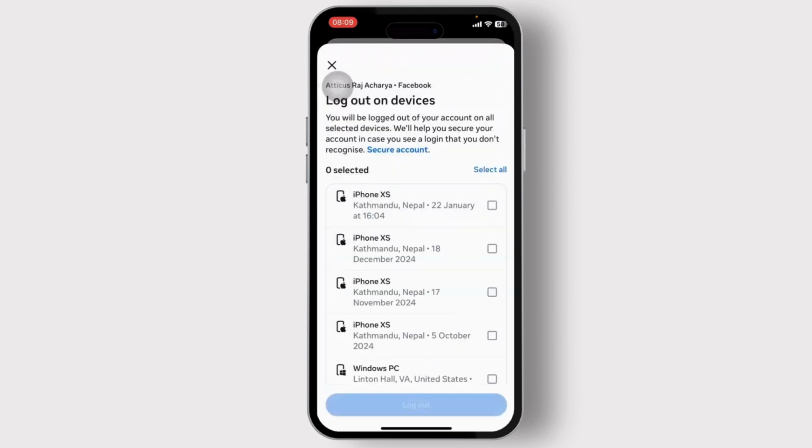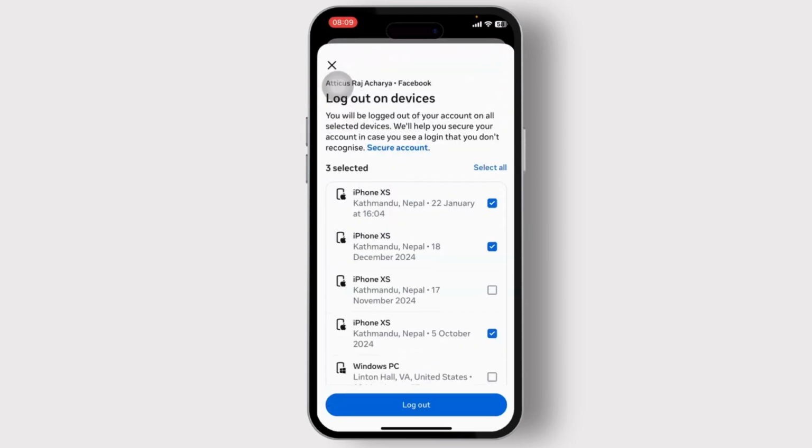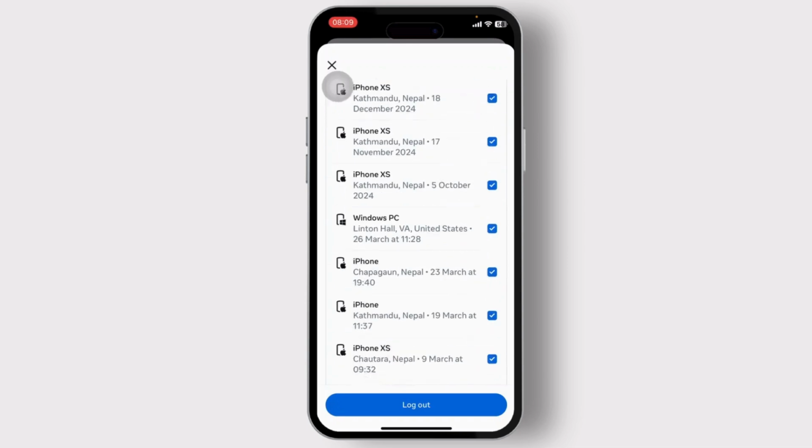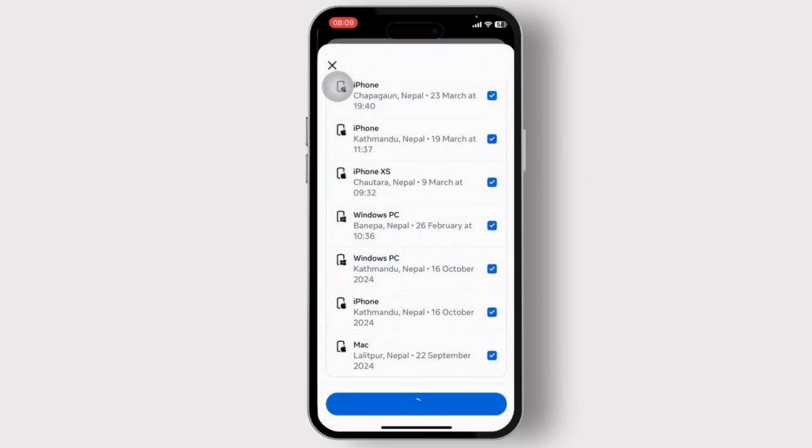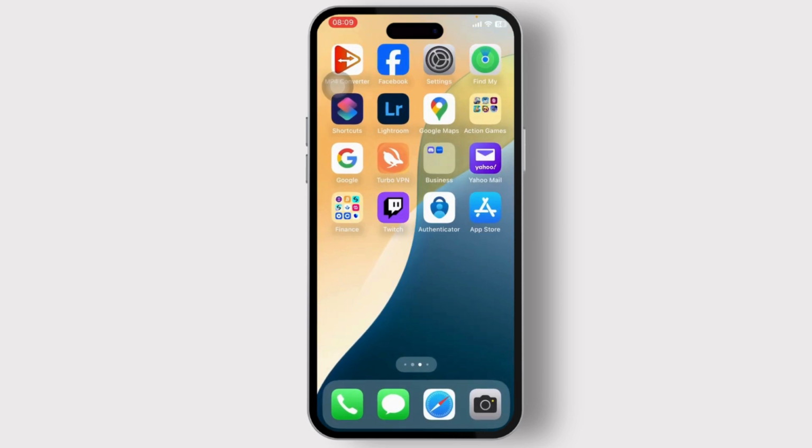From here you can simply scroll down all the way, and there you'll see select devices to log out. Tap on that, and now from here you can select all of the devices. You can tap on select all and then tap on log out. Tap on log out, and with that you will be logged out of your Facebook from all